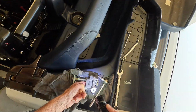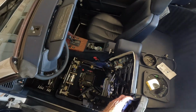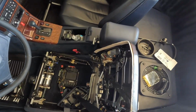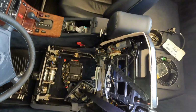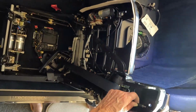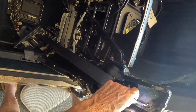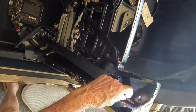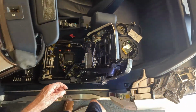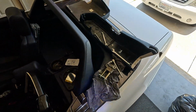It's right in here. It's just like a speedometer. And you just take it and you just pull up. And where'd it go? There it is. This camera pointing in the right place. Right there. So when you put it back together, you just stick it in there and hope that it slides into its little square hole. So I got that off. So now